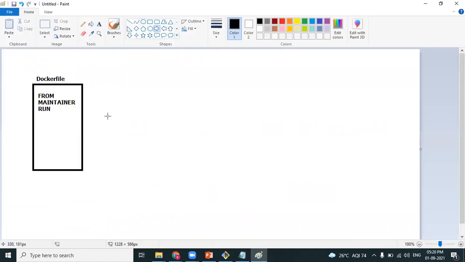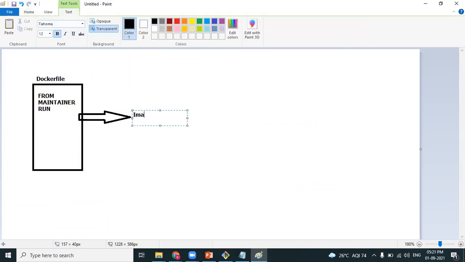Using this Dockerfile, you build an image.